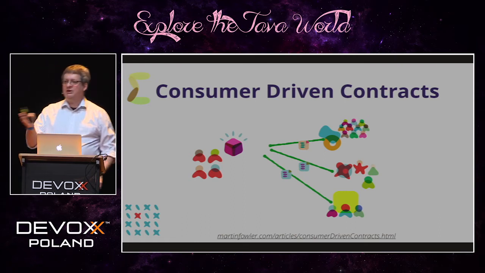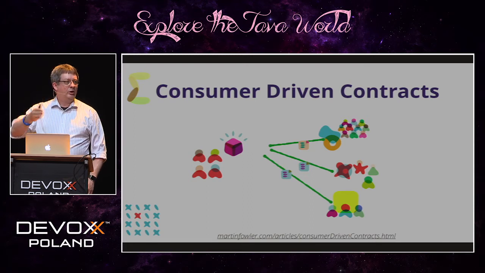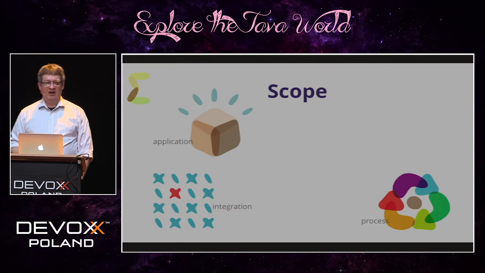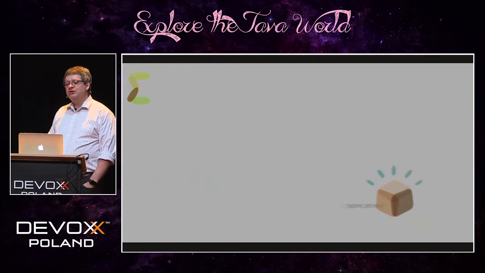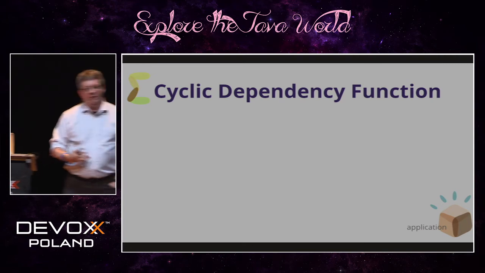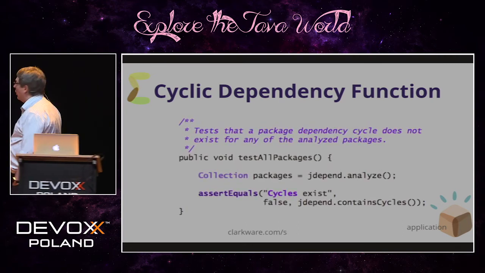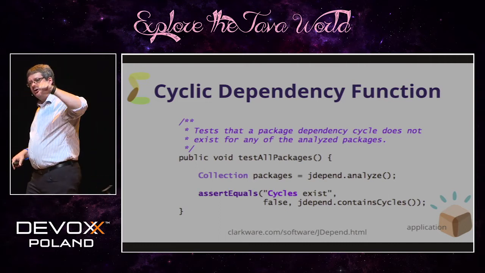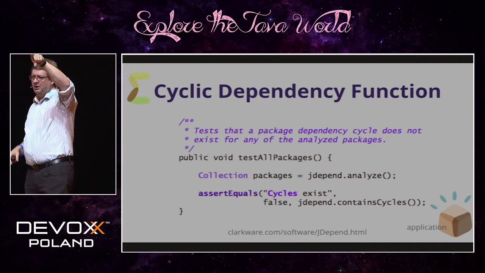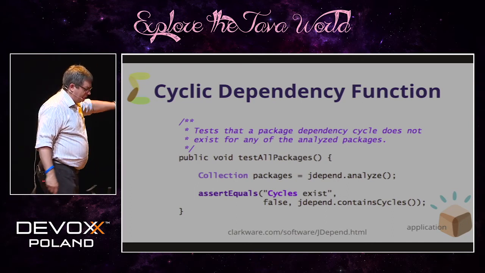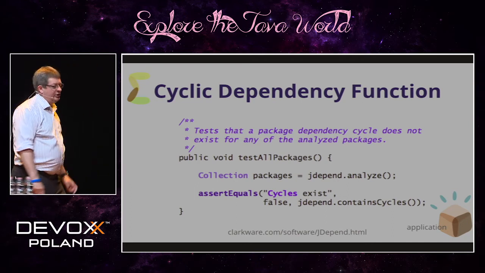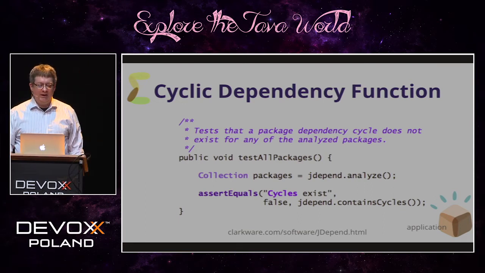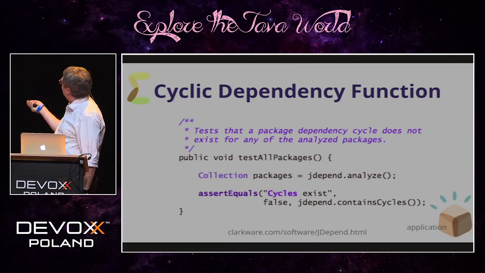So this is an objectively evaluable function that we can run on an ongoing basis to make sure things are not broken. What about application level fitness functions? One of the things that you have to worry about at the architectural level in application architecture are cycles. We have a component that relies on another component, which relies on another component, which relies on the original component. Cycles make it really hard to refactor and get rid of bad architectural smells. There's an open source package called JDepend that can analyze your code base and tell you if you have cycles or not.